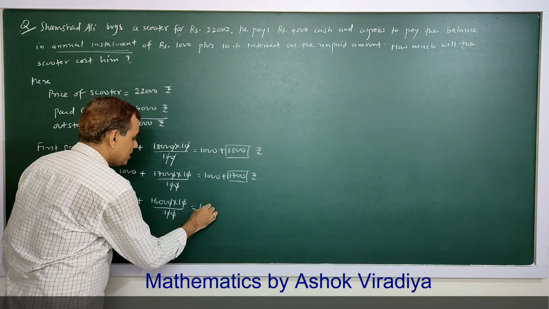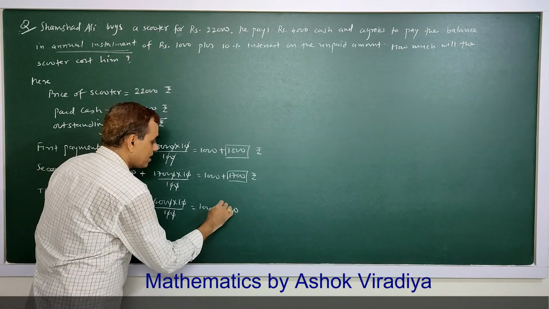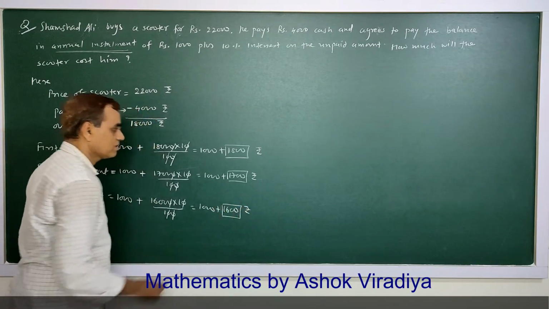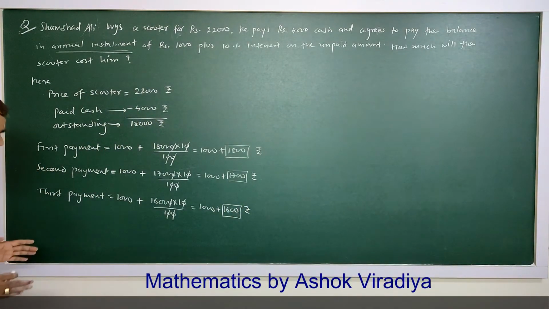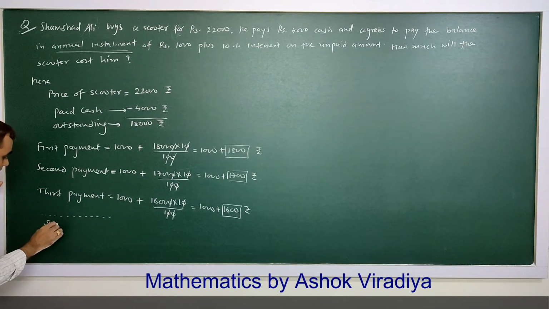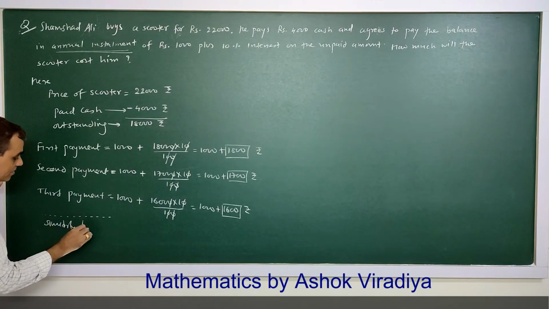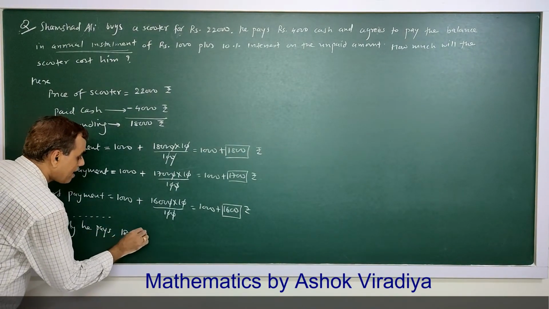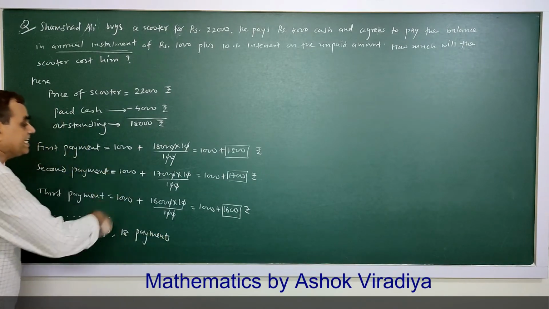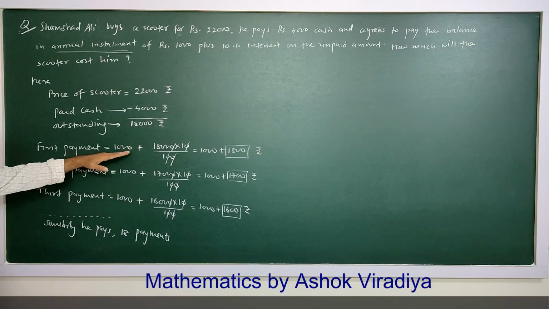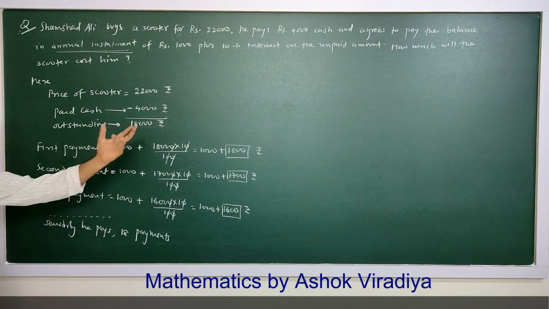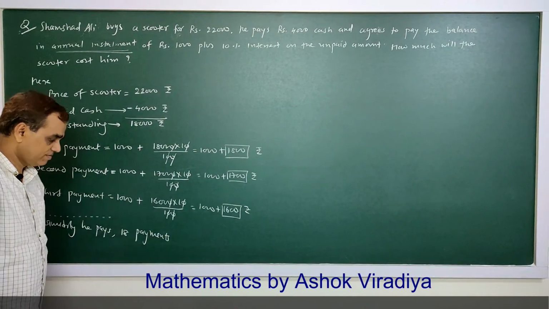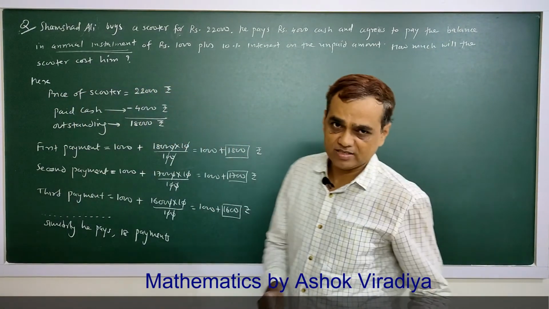So that is 1000 plus 16,000 rupees. So let me calculate total payment in such 18 installments. Similarly, he pays 18 payments. So after paying 18 payments, he will complete 1000, 1000, 1000, 18 times, that is 18,000 plus interest amount. So total payment, therefore